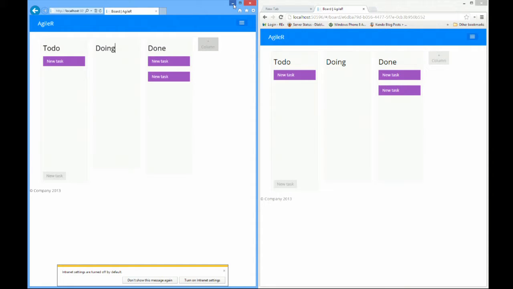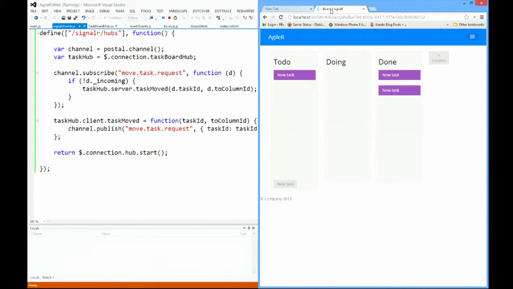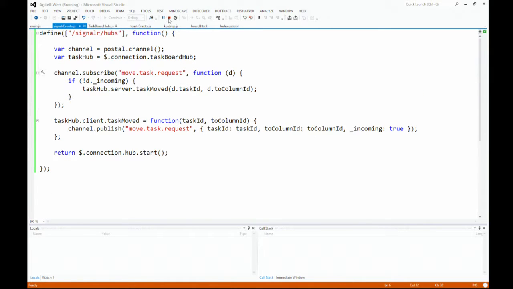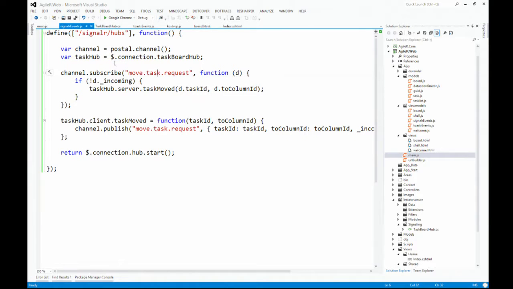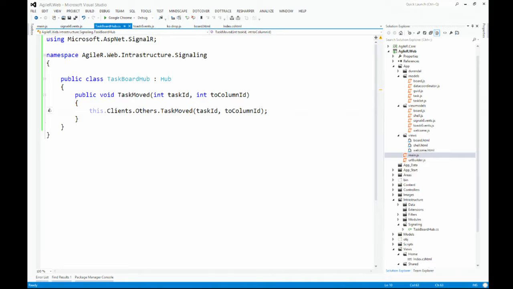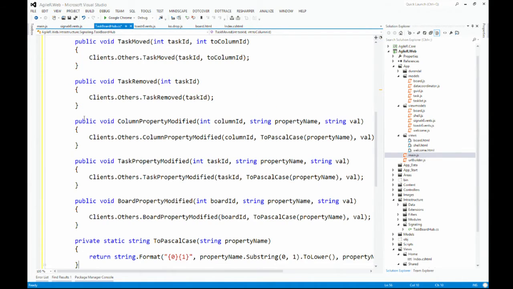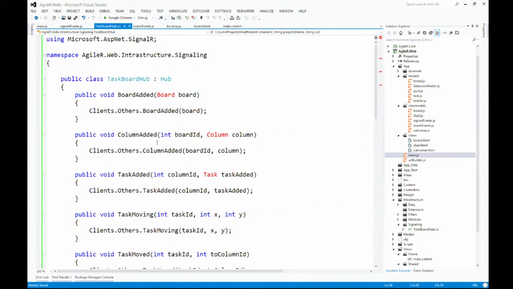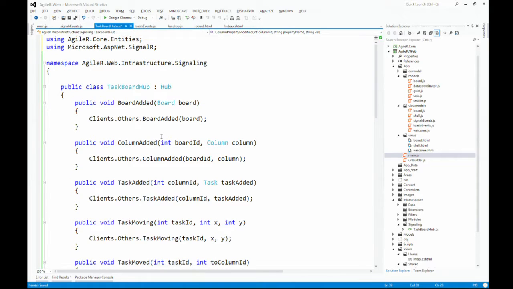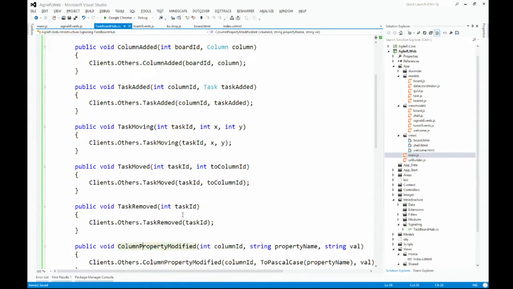So the next thing I want to do obviously is update all the text in the title. So when you change the description of the column, we want it to update on the other clients, and of course the same for the tasks. Not going to bore you with me typing all of this, so what I thought I'd do instead is just paste in that extra code. You see me do it once, and this is doing the same thing, but it's doing it for just a few more events that can happen in the app.